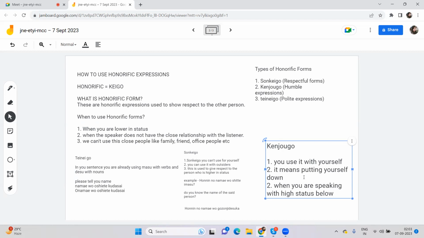So now the question arises when to use kenjougo. Kenjougo you can't use for others. Sorry, kenjougo you can use for yourself. I repeat, kenjougo you can use for yourself, which means you need to put yourself down in front of the other person so that the person will automatically get respect. Third is when you are speaking with a person who is higher in status than you, that time also you will use kenjougo. Now, an example of kenjougo is,